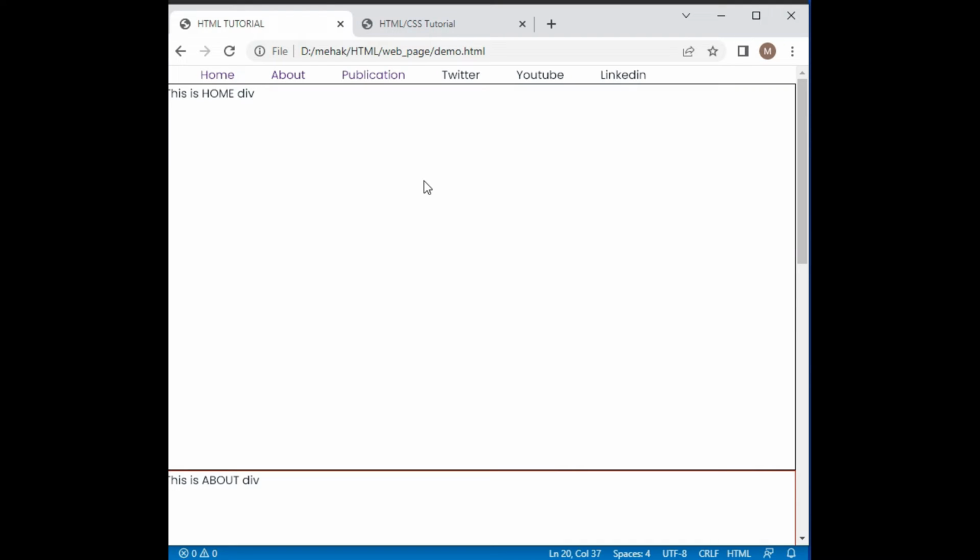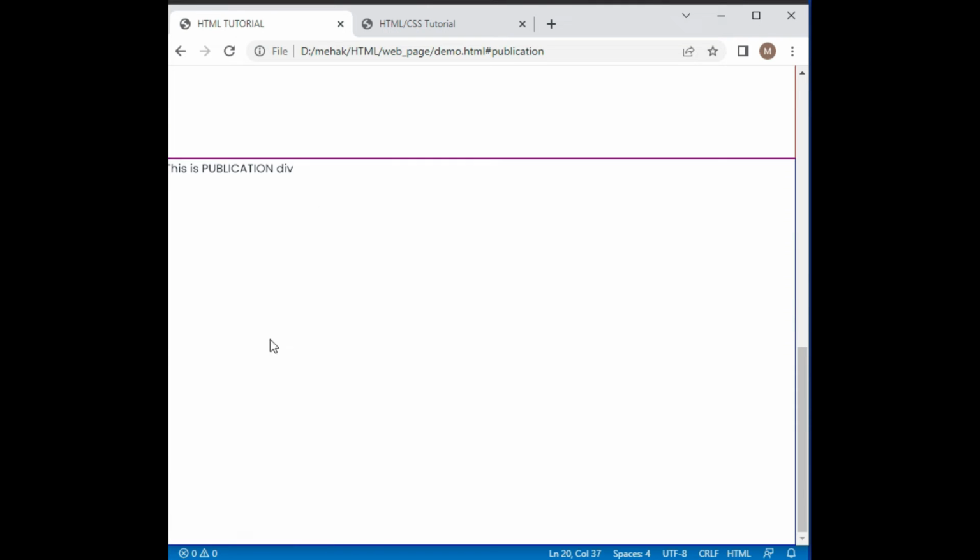So we have created a web page like this. We have created a web page in which we have a menu bar, and we have also created different sections for the links. I mean, whenever I'm clicking on the home link, it is redirecting me to another section. When I'm clicking on publication, it is redirecting me to another section. Okay, and since the section area is beyond the limit of the page, we do have this scroll bar